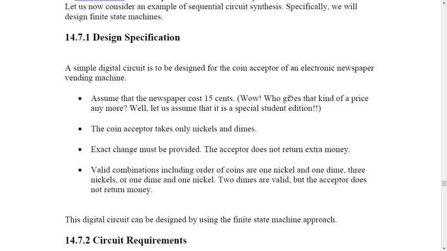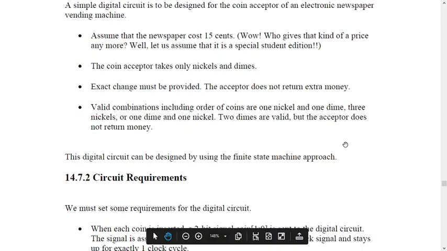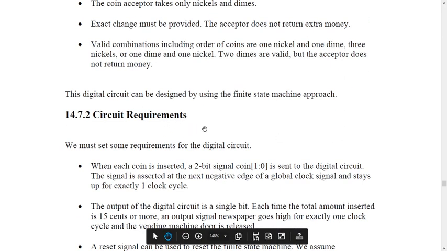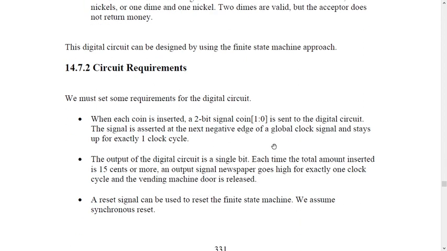Like a newspaper vending machine, I need to get a newspaper. Consider you are in some railway station or metro station. You want to get some newspaper. So you can put a coin in for that particular newspaper and you are able to get it. Then for the circuit requirements to design that machine, I have a lot of constraints. I need to design it. What are the clock cycles, what is the frequency, what is the local time, global time, and all I need to consider.